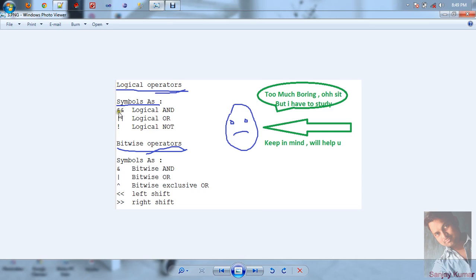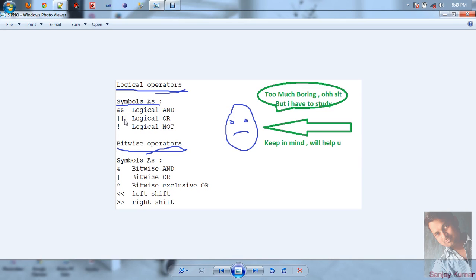Logical operators are logical AND, logical OR and logical NOT. Suppose I have taken two values a and b, with a equal to true and b equal to true. When both conditions are true, this operator, logical AND, executes.